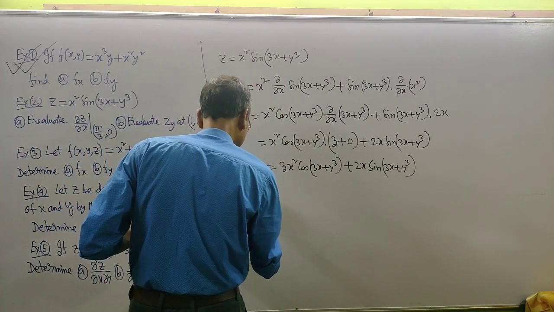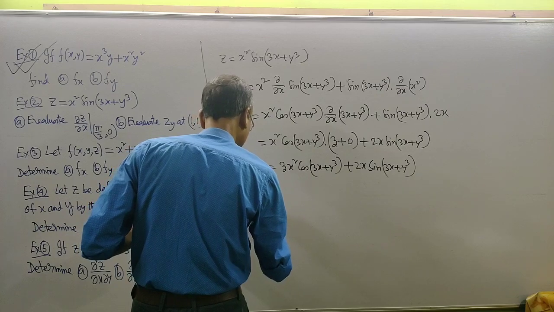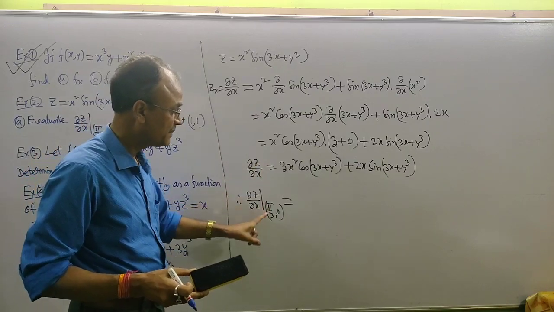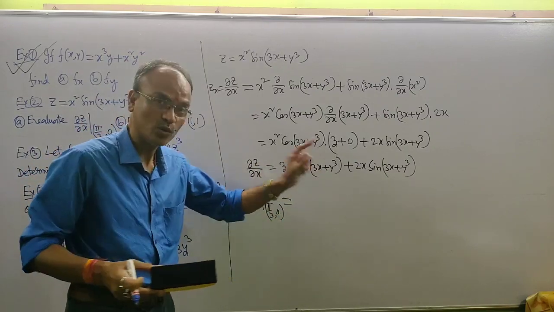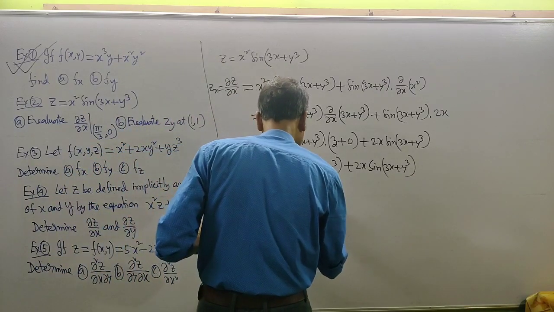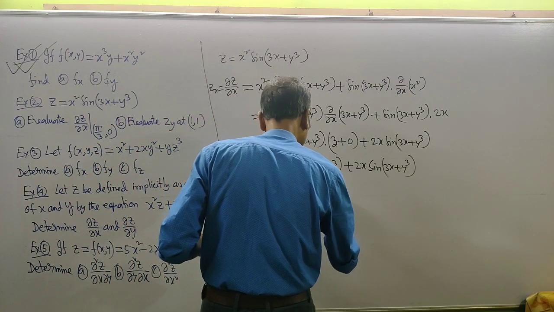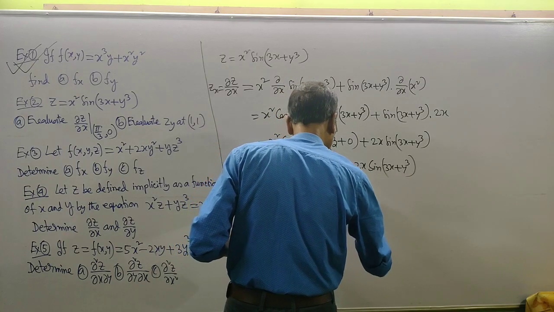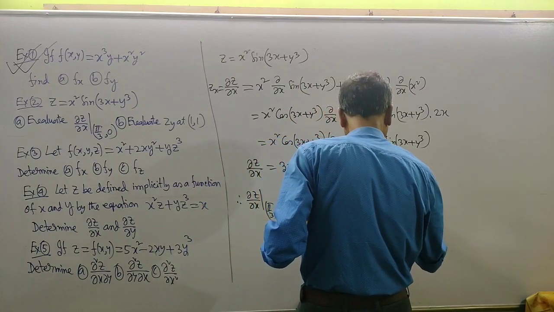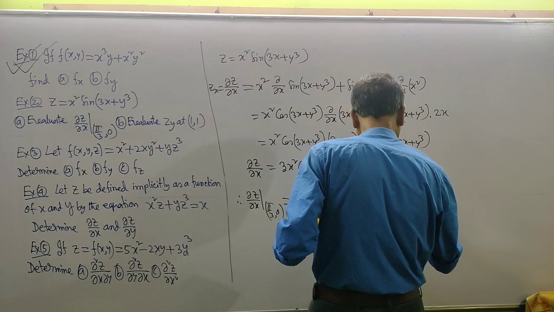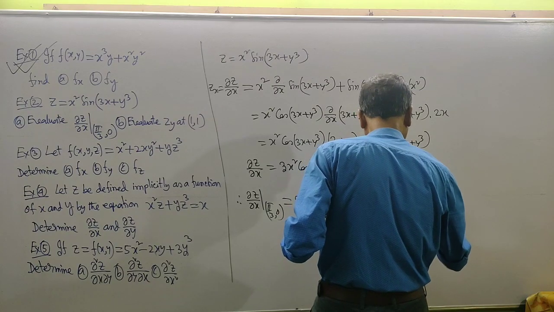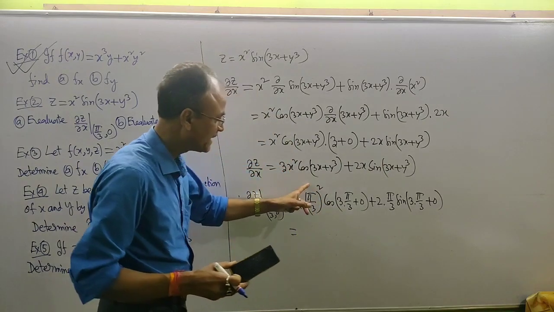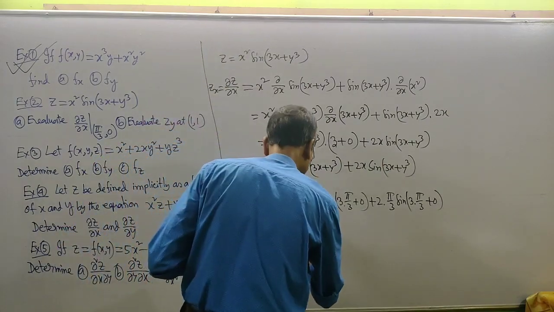Therefore, del z by del x at the point pi by 3, 0 means you have to put pi by 3 for x and 0 for y. 3 into pi by 3 whole square cos of 3 into pi by 3 plus 0, plus 2 into pi by 3 sine of 3 into pi by 3 plus 0. This is equal to pi square by 9, means pi square by 3